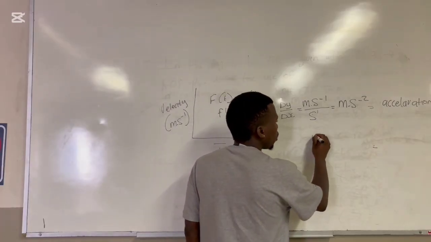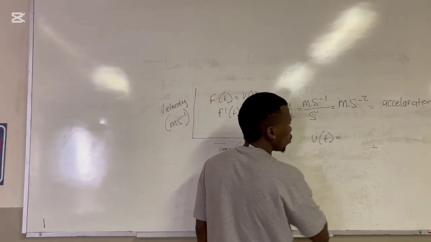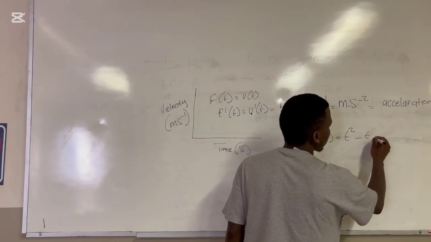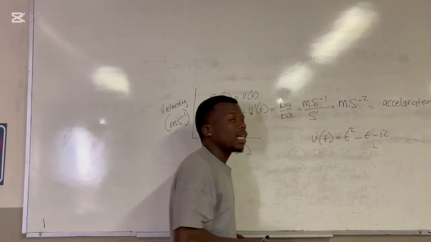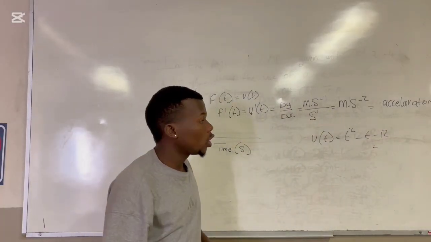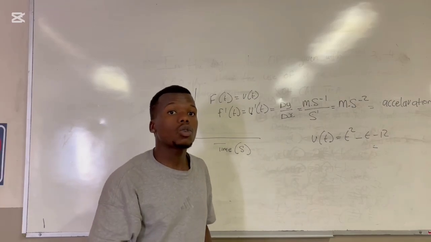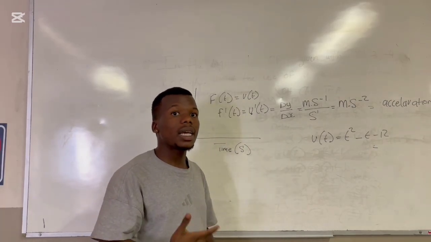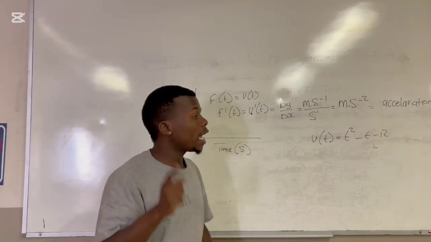Let's say we are given v of t is equal to t squared minus t minus 12. And they say to you, determine acceleration at t is equal to 2, or after 2 seconds. Determine the acceleration after 2 seconds, and you are given